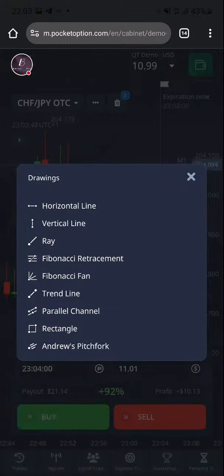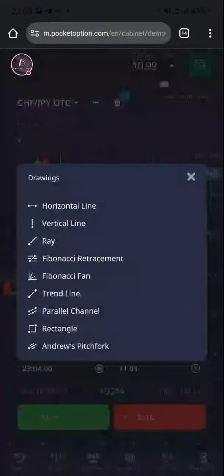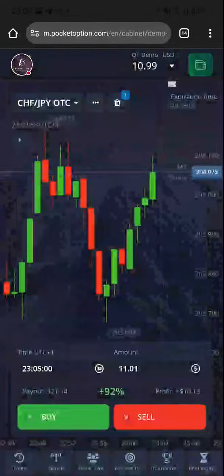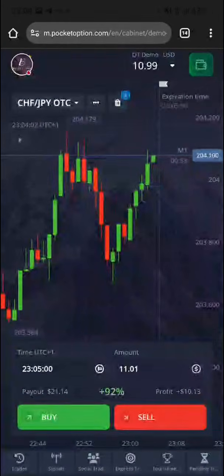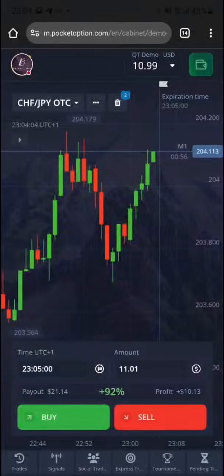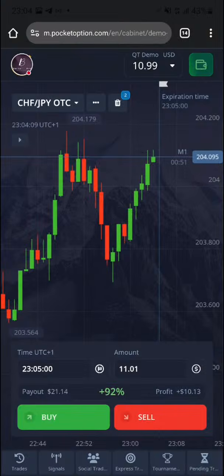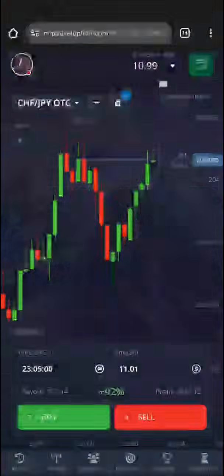Now, you see, the amount you start with is not the problem. Either $100 or $10, that's not the problem. You understand? That's not what will determine how much money you are going to make. What will determine how much money you make is your understanding of the markets, how well you can place your trades, and how well you can regulate your emotions while trading. Yes, these are the factors that would kick in immediately.